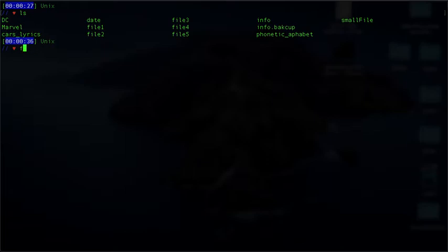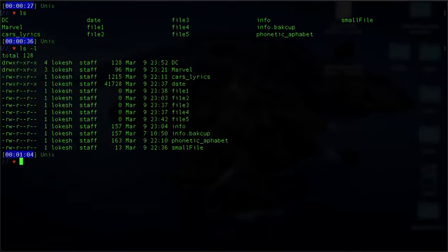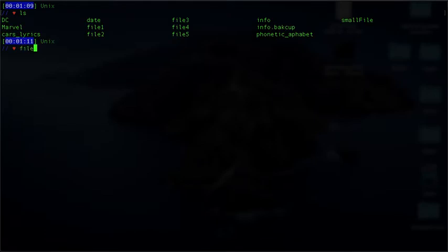Suppose you have just the list of files in this directory. You want to know what is this date, what is this file 1, and what is this info. You can do ls -l, so it will tell you which are the directories, which are the files. But to know further, there is one more way. If you use the file command and give a file name to it, suppose like file 1, it shows you,